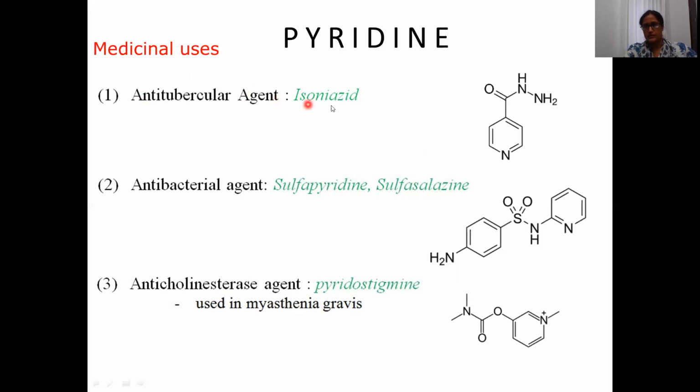So the antitubercular agent isoniazid contains this nitrogen containing pyridine molecule, which is essential for the tubercular activity. And antibacterial agents like sulfapyridine and sulfasalazine also contain the pyridine ring, which is essential for the